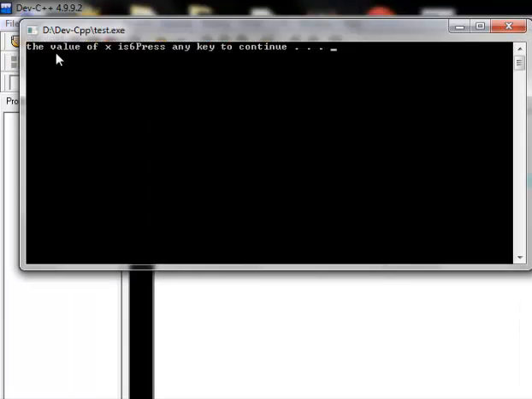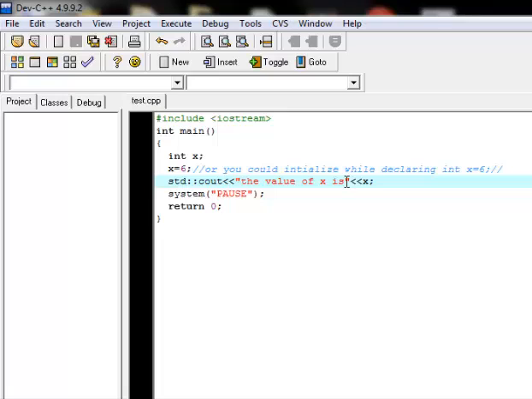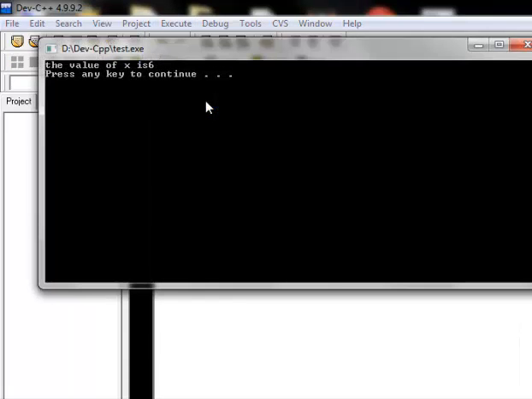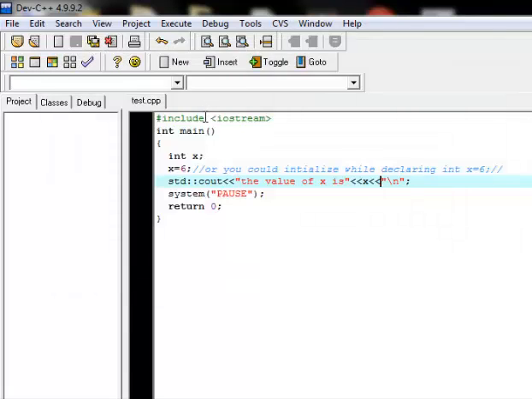Alright, so now that we have the value of X is 6, we also saw the "press any key to continue", we'll have to place it in a new line. So I have to stream in my new line escape character, and I'll move down to the system pause. Alright,